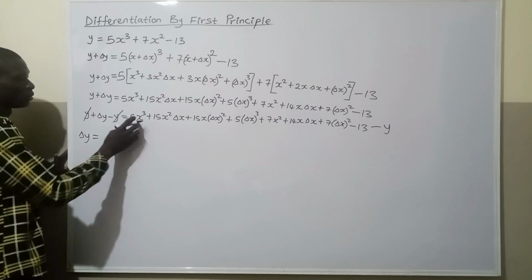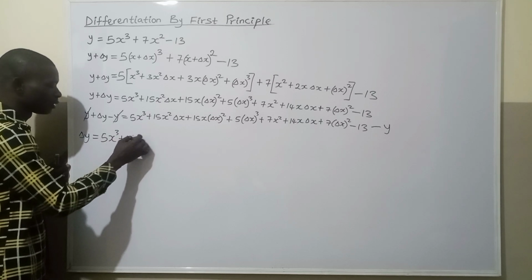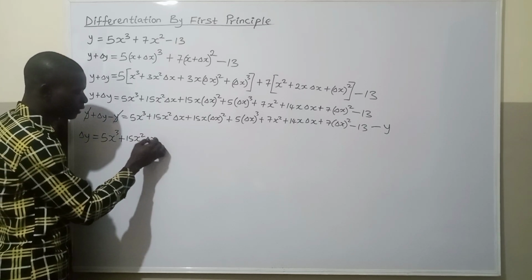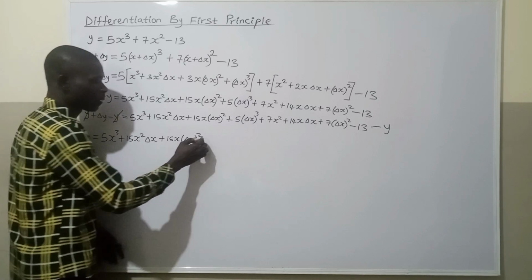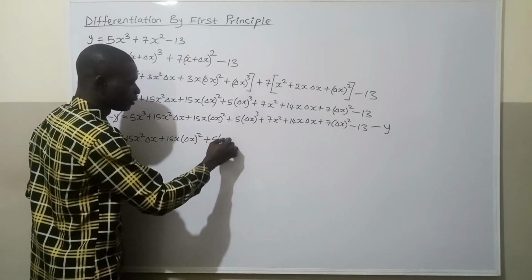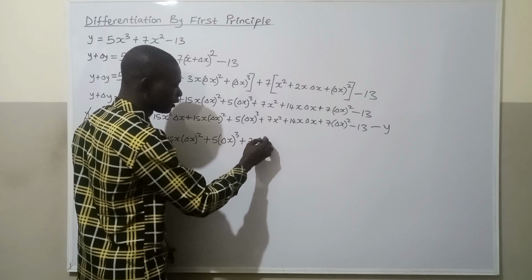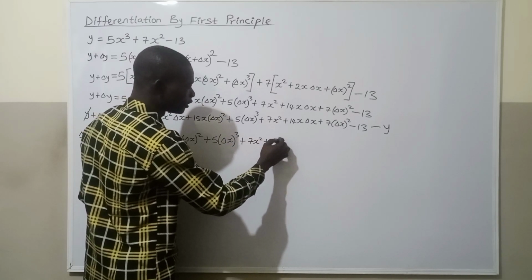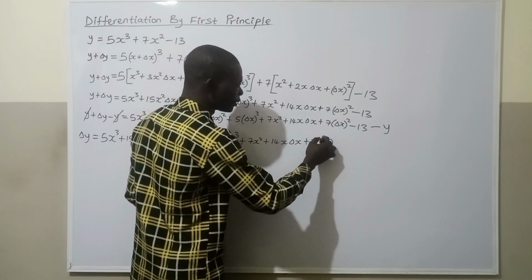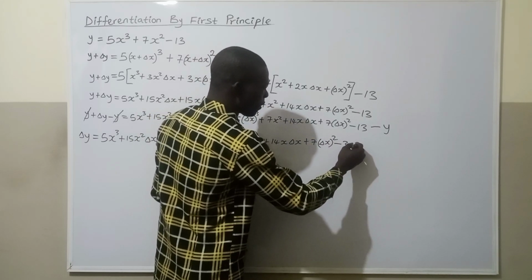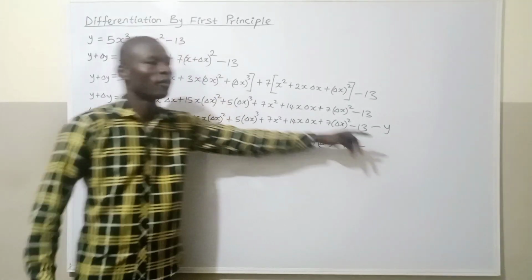And delta y will now be equal to, so writing this again, we'll be having 5x cubed plus 15x squared delta x plus 15x delta x squared plus 5 delta x cubed plus 7x squared plus 14x delta x plus 7 delta x squared and then minus 13